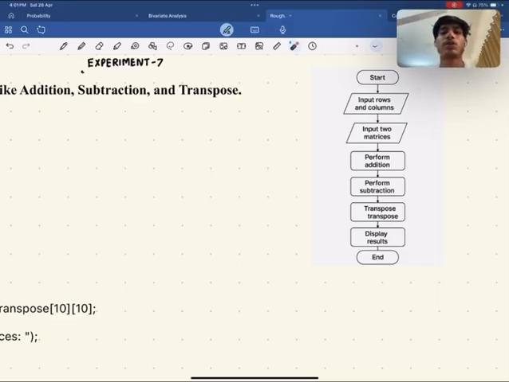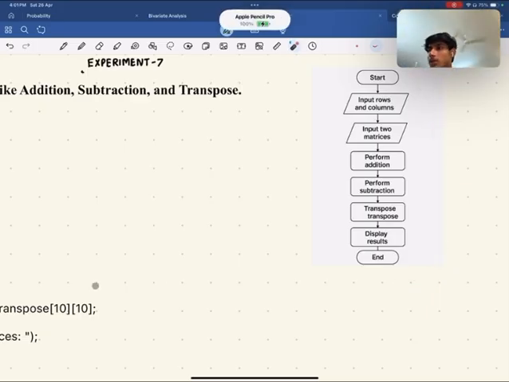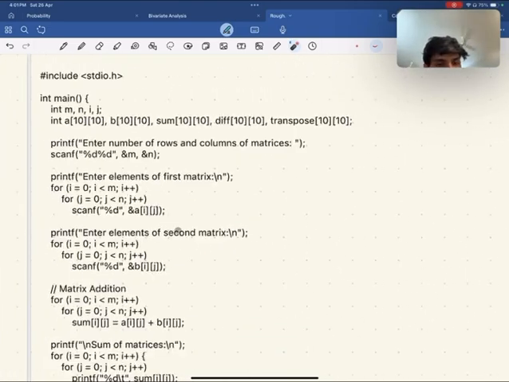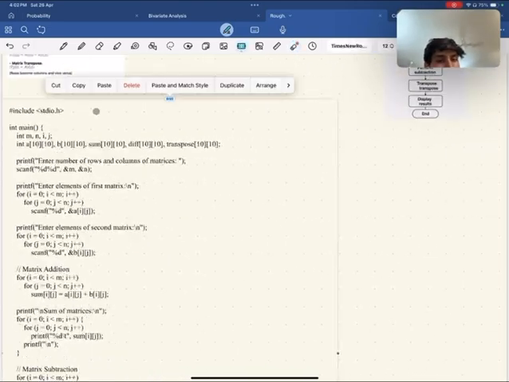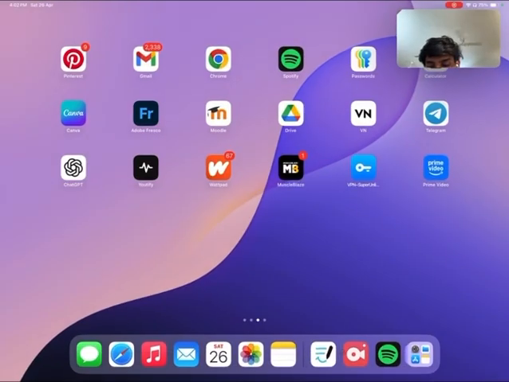Now let's run the code. Let me connect my keyboard here. I've already written the code here. Let's just copy this and go towards the